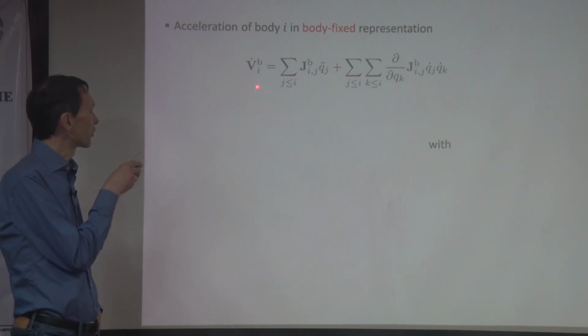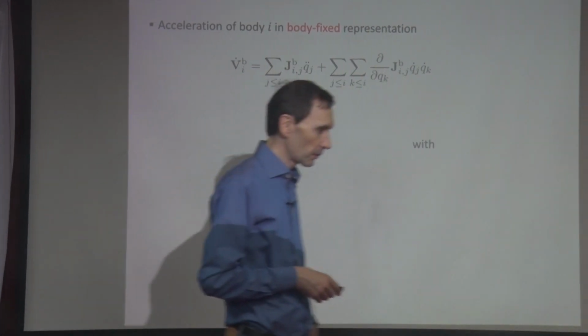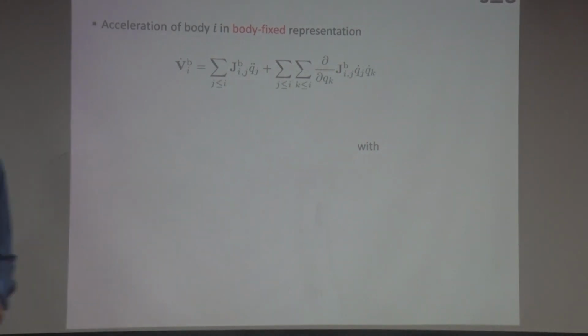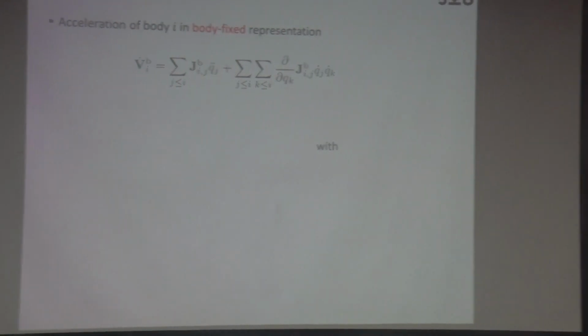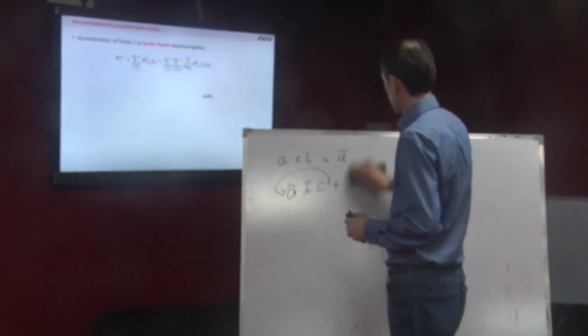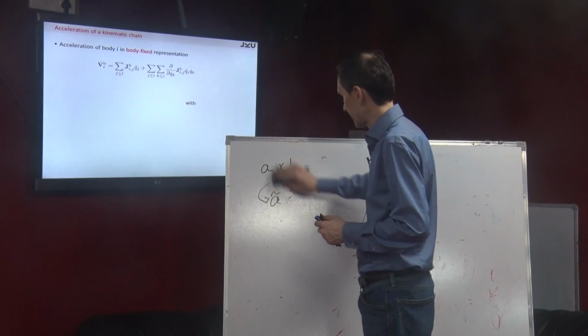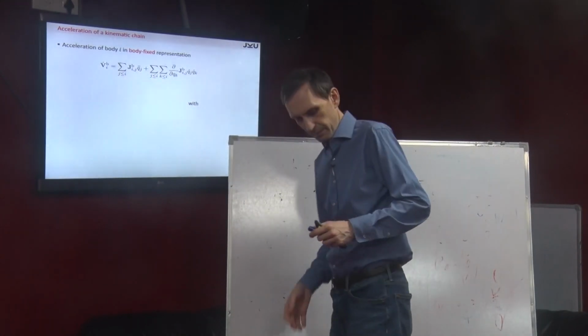So take the derivative. We know that the velocity was, maybe it should be written again somewhere. If you remember, this is why yesterday we introduced this Jacobian, because the twist of body I